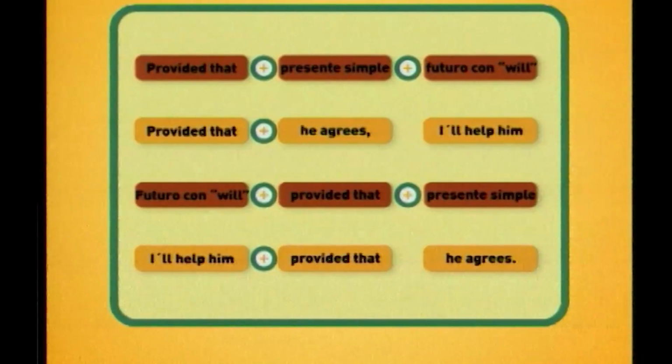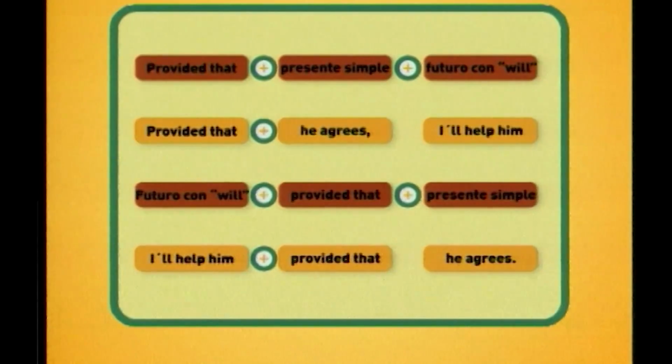Okay. Because that's what we do. We use it. So, it goes like this. You can put provided that plus the present simple plus the future with will. There's my chart, okay? Provided that plus the present simple plus the future with will. Now, this would be provided that he agrees, I will help him. Okay, provided that he agrees, present simple, third person, your favorite,